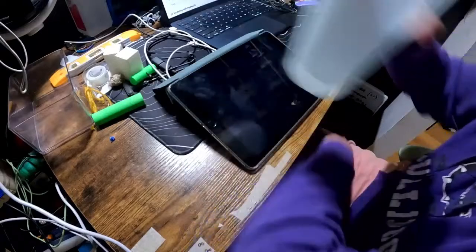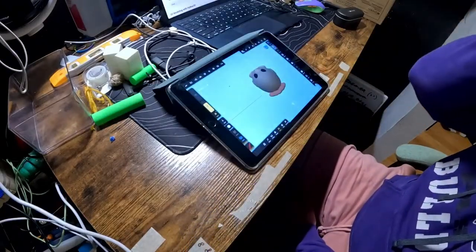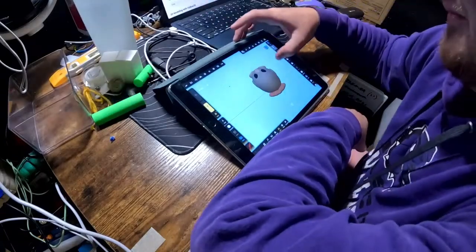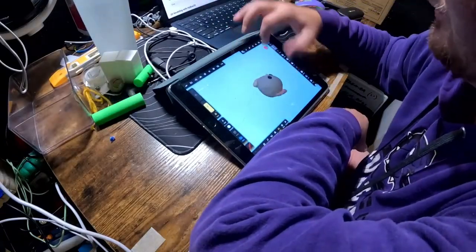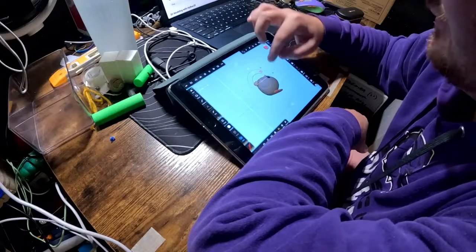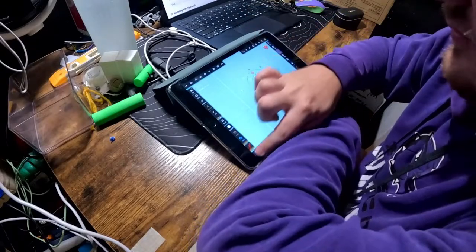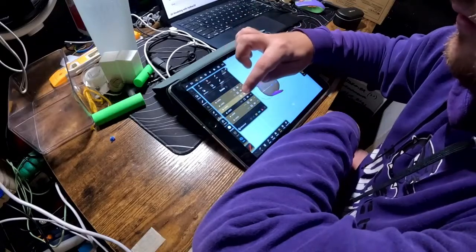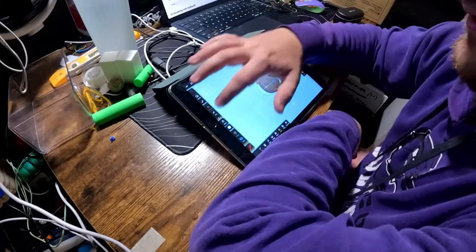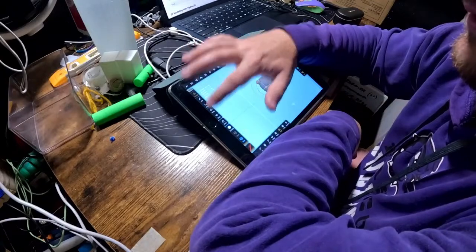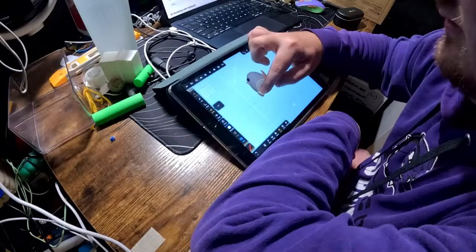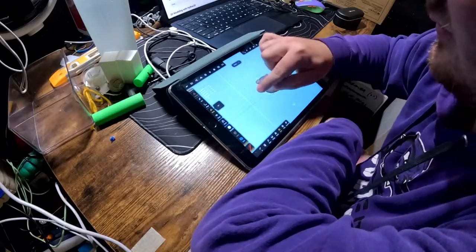Hey, now I can actually drink water without a robot in my face. Oh, it didn't even prompt me. That's fine. Okay. So, let's get this guy here. Let me go in, select everything, and rotate it 90 degrees. Oops, that's scaling. We don't want to scale it. We want to rotate it 90 degrees.